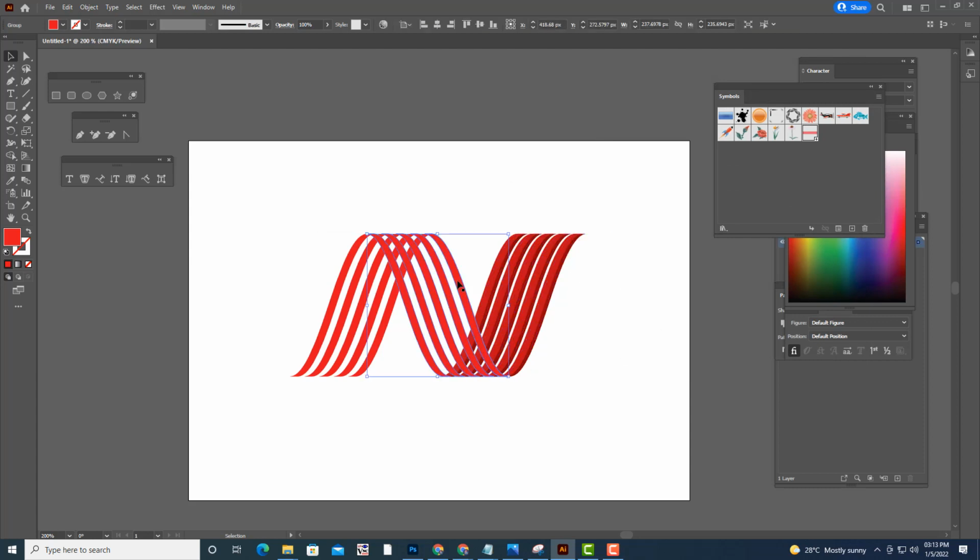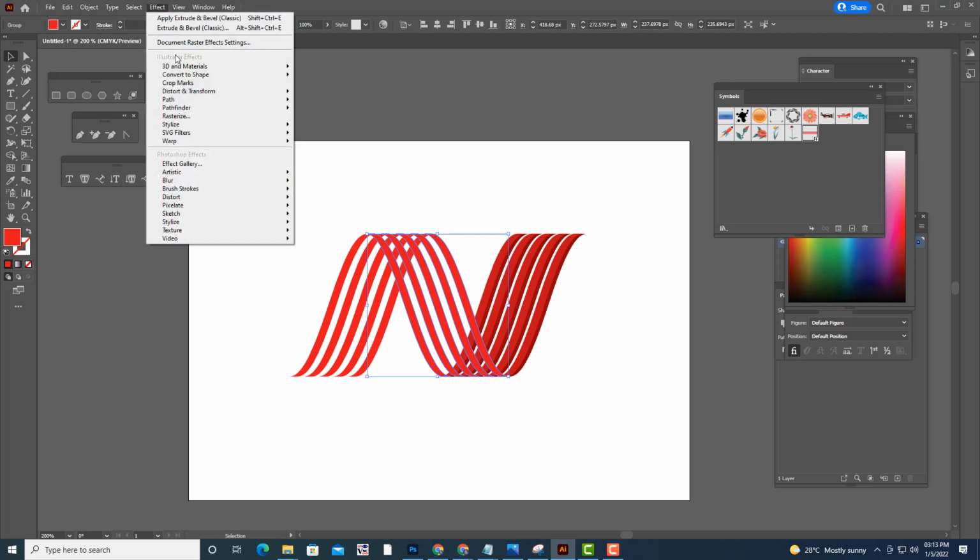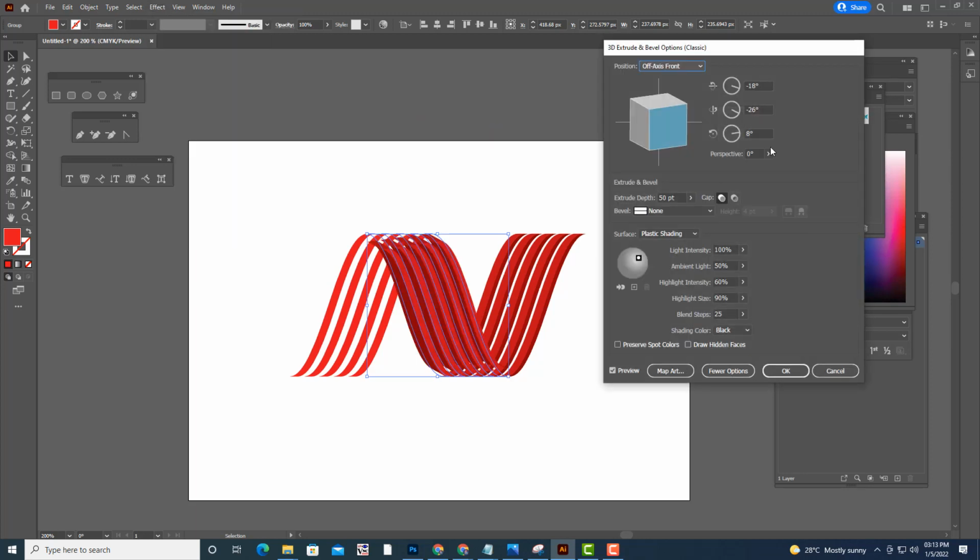Now we'll select this one and we'll do the same thing. We'll go to the effect 3D and then we'll say extrude and bevel. So again we will make all these values 0, and then we will rotate. Which one actually? This one? Last one, sir. So we have used the last one, 8.